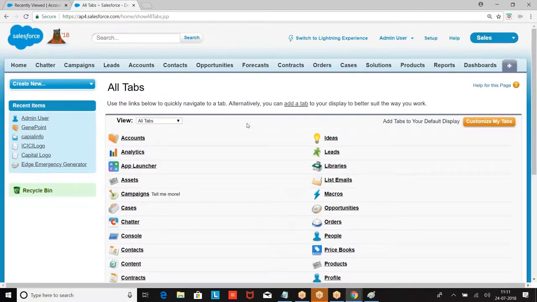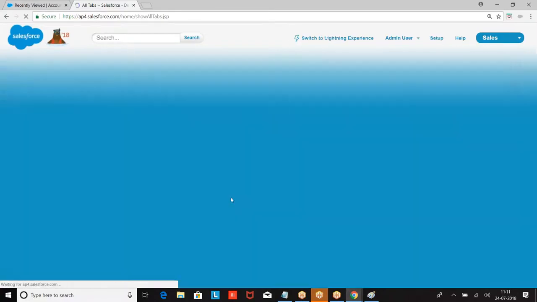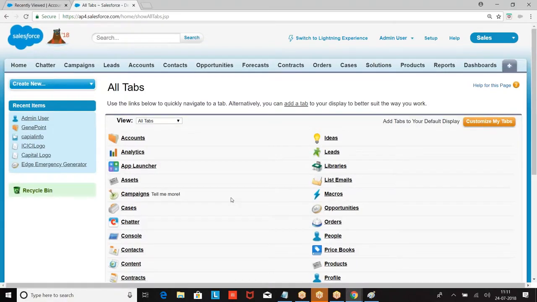Whichever tabs are not on the tab panel, I will click on the plus sign and see the list of tabs. Default on means you can see the tab, and the tab is on the tab panel. Default off means you can see the tab, but it is not on the tab panel; you have to click on the plus sign and see it. I hope you are good with this.